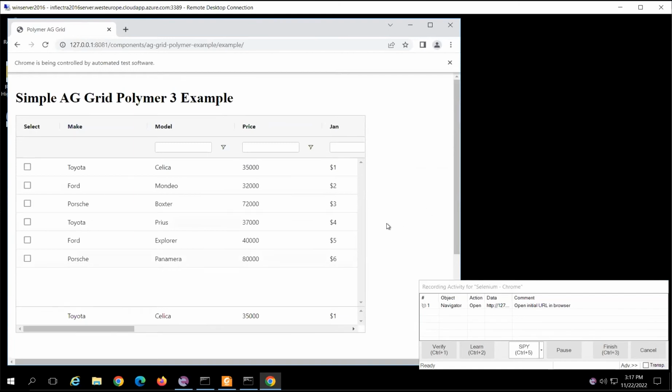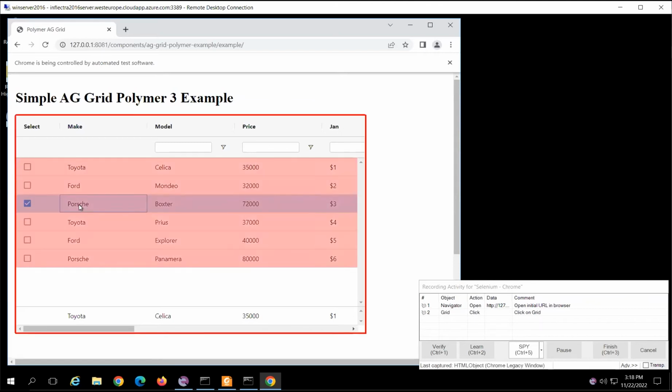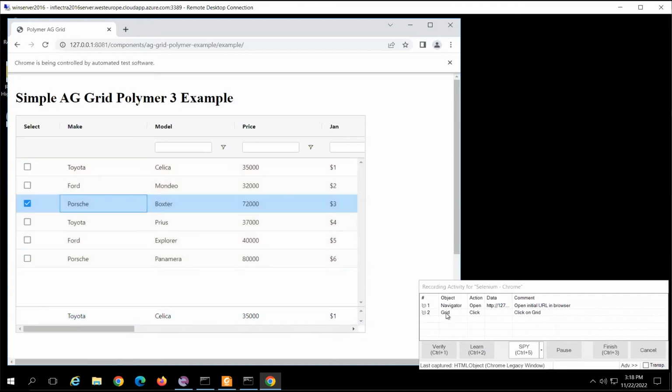Okay, here we go. Let's now also click somewhere on the grid. So do you see this red box, pink box? So it means that the grid is a part of shadow DOM. Unfortunately, in this case, we are not able to record the click on a cell. And you may see here that Rapise recorded just a click on a grid. But though recording is limited, the playback is still valid. So I will finish recording